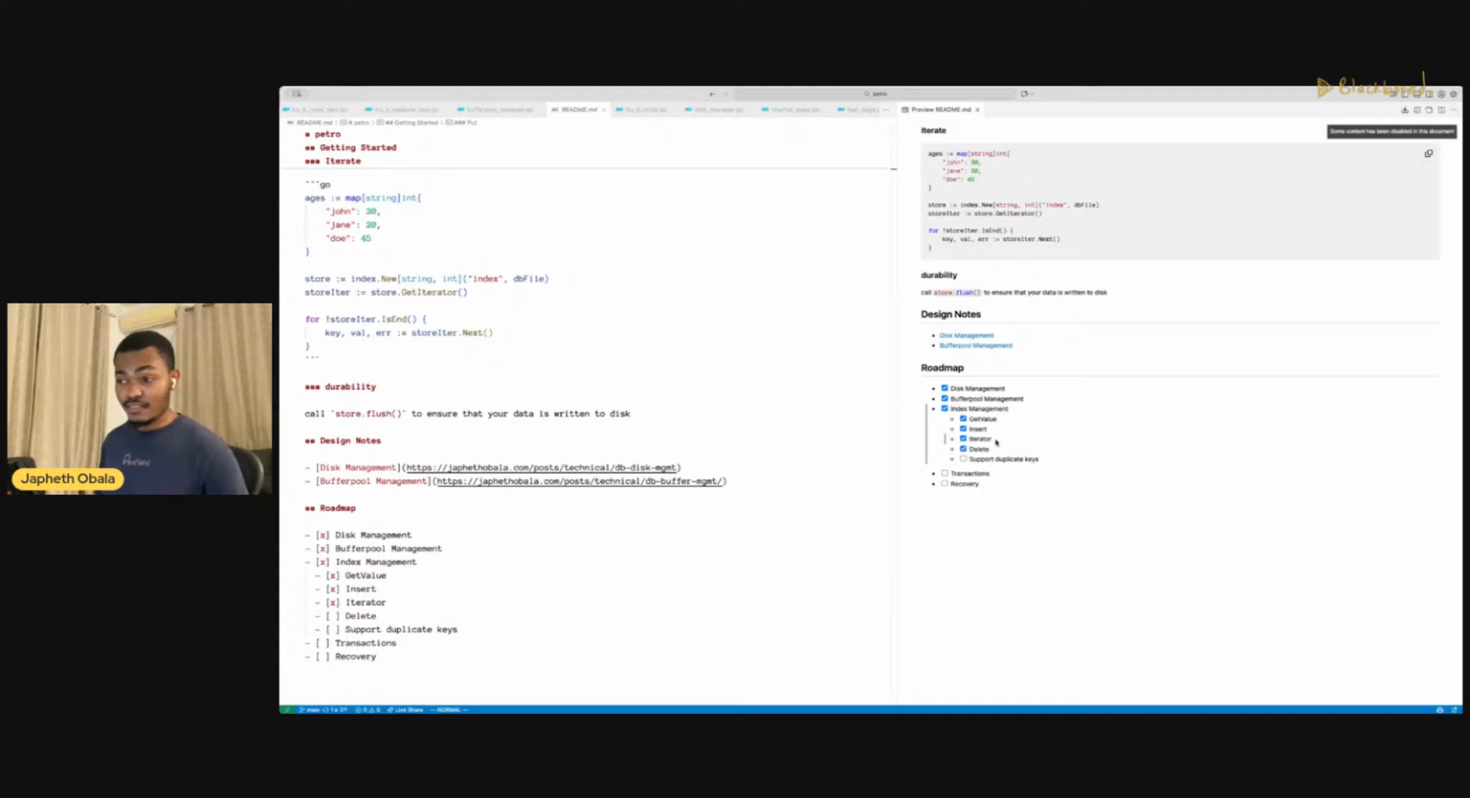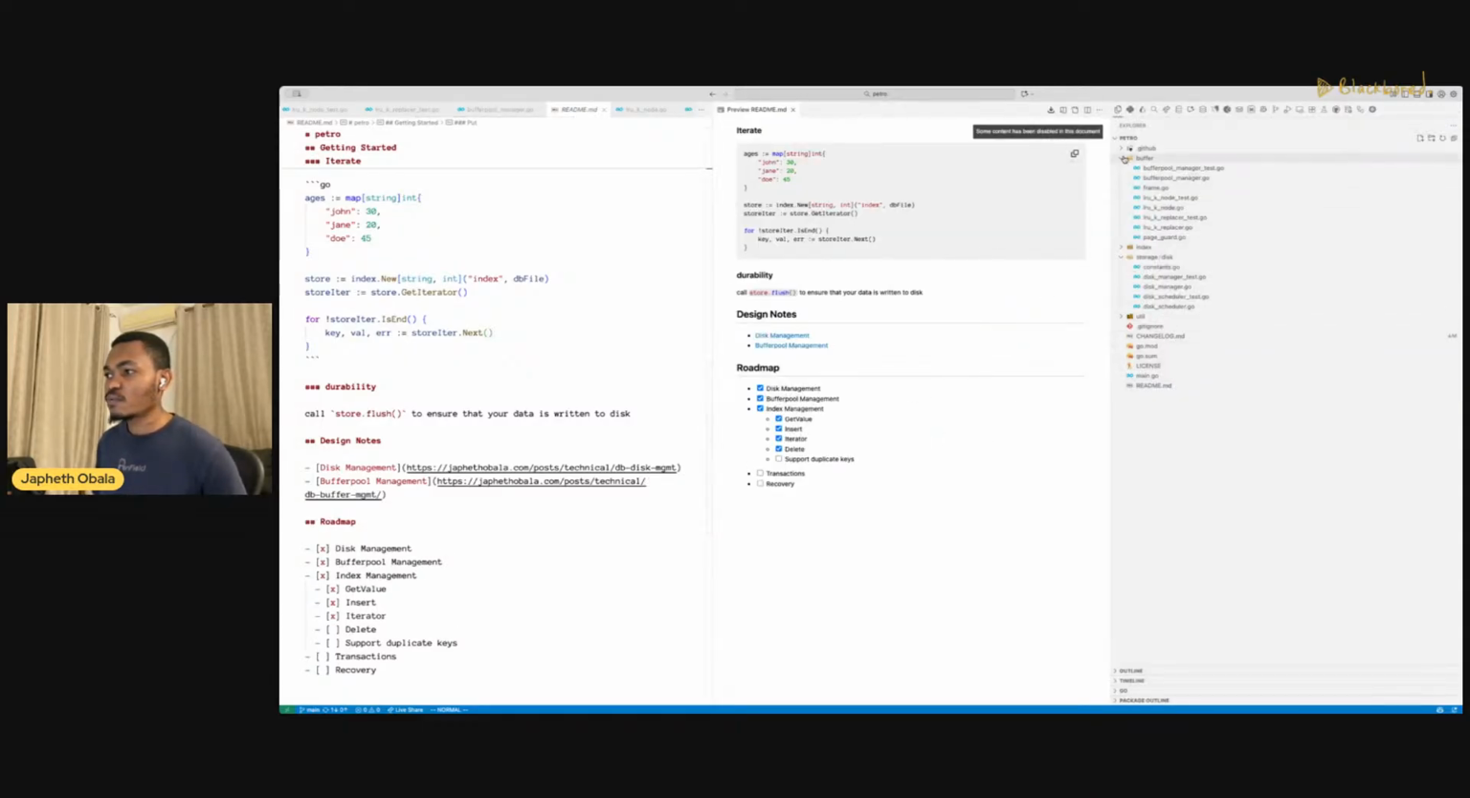At the moment, the components that the storage engine has are disk management, as we saw the other day, buffer pool management, and index management. It doesn't have transactions and doesn't support recovery yet. So we'll be going through the code base bottom up,